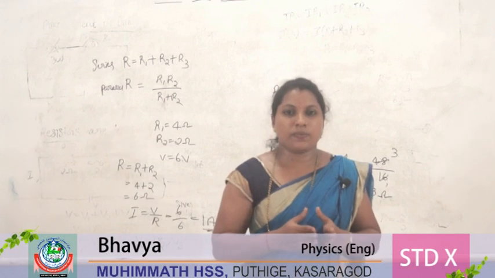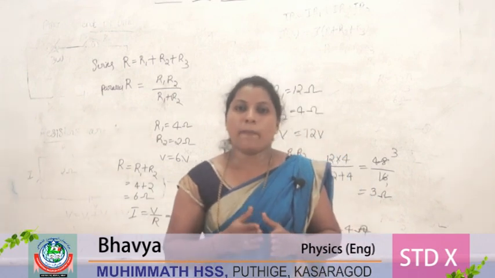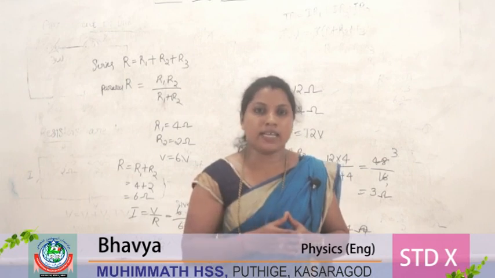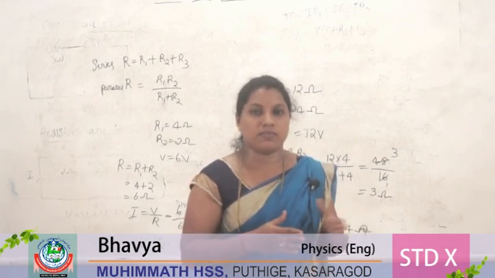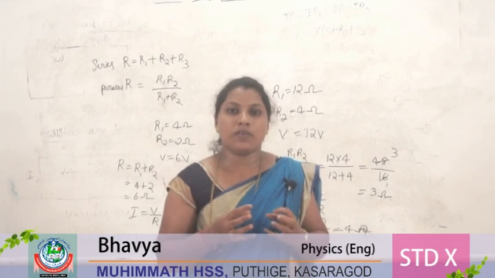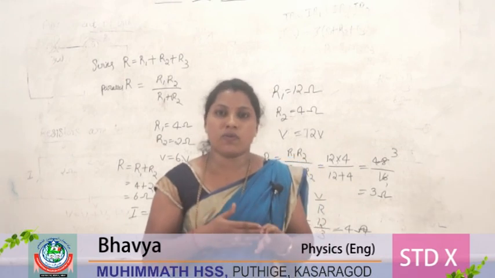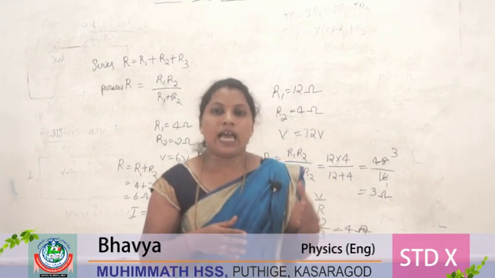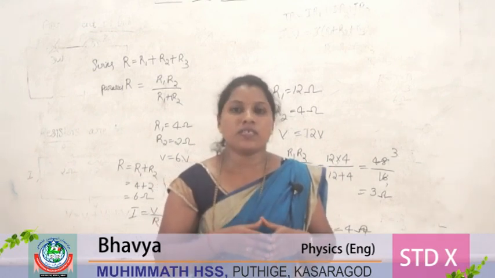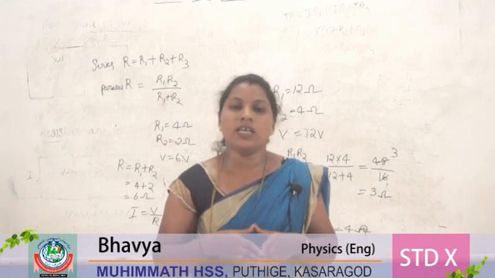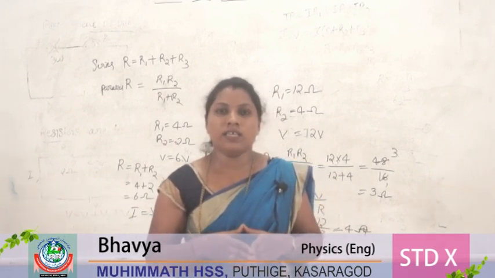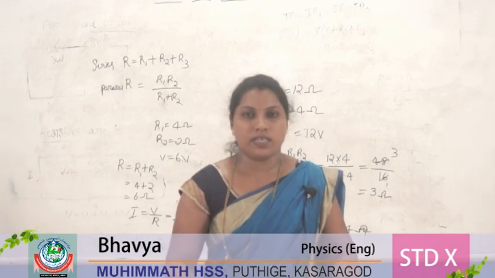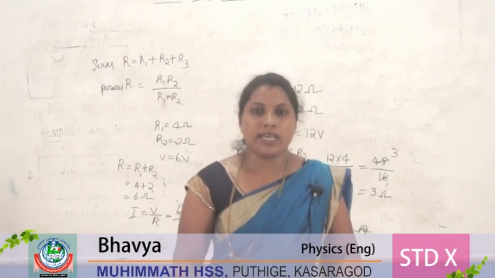In today's class we studied about parallel connection and series connection. If a bulb in a parallel connection or a series connection is removed, what happens to the voltage and the current, all that we studied. Then calculating the effective resistance in parallel connection and series connection you have studied. Then the peculiarities of nichrome wire also you have studied. We will continue in the next class.